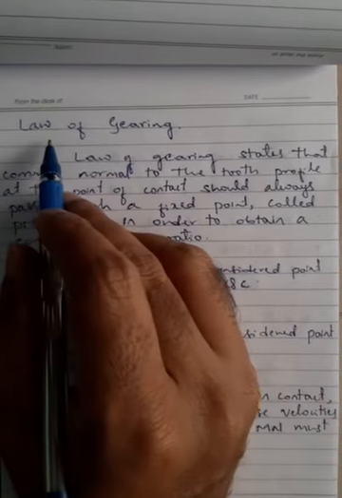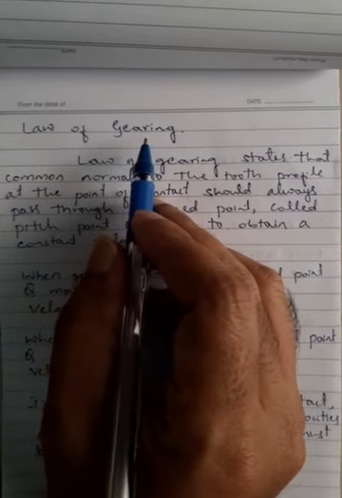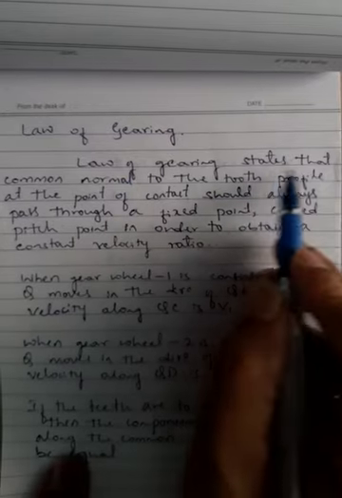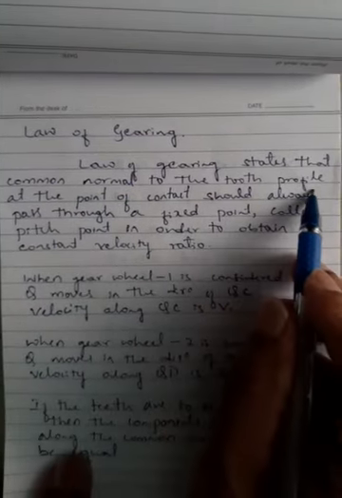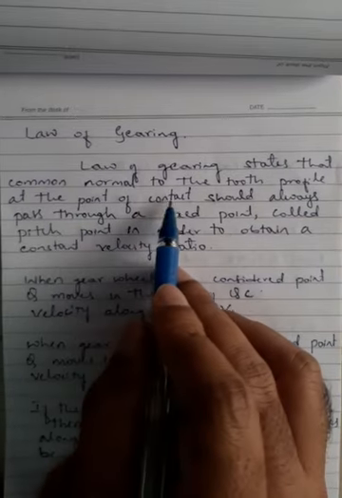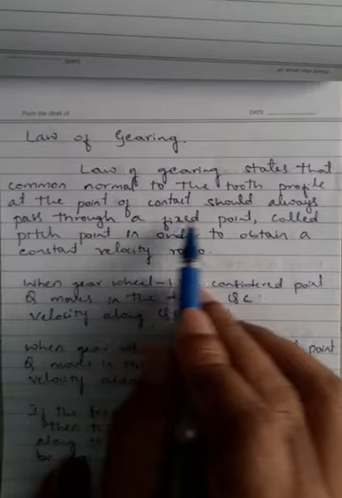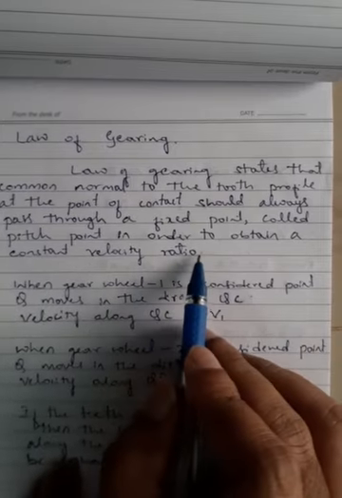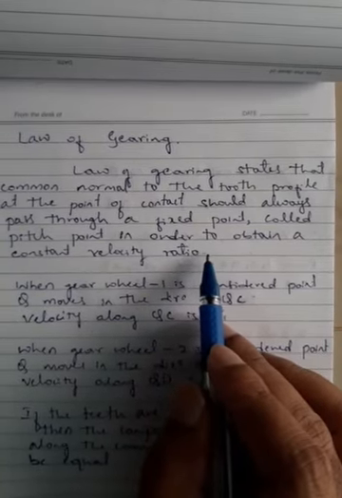Today we'll study the law of gearing, which is also known as the condition for correct gearing. The law of gearing states that the common normal to the tooth profile at the point of contact should always pass through a fixed point called the pitch point in order to obtain a constant velocity ratio. In order to prove this,